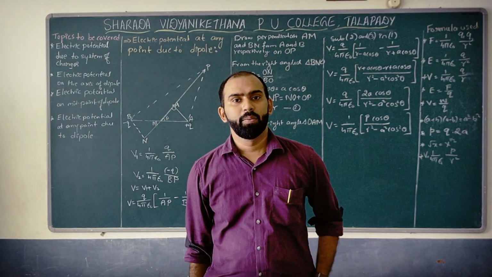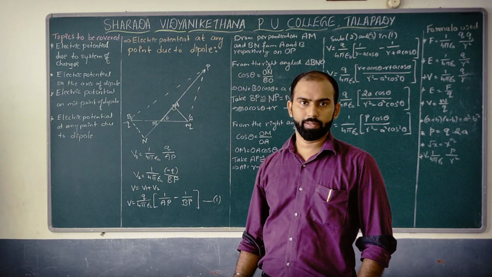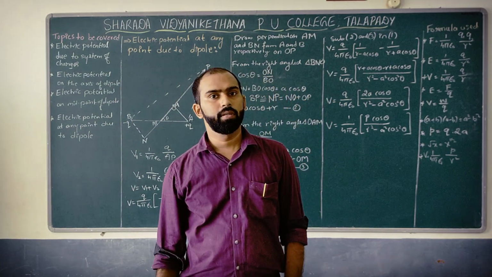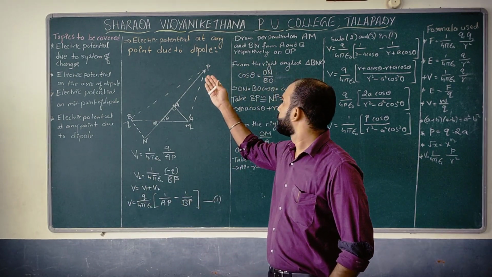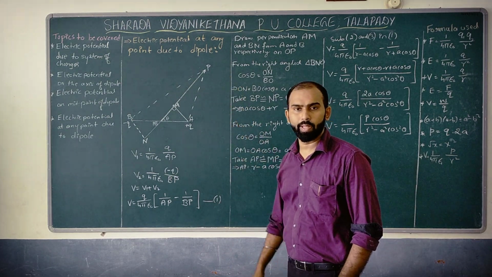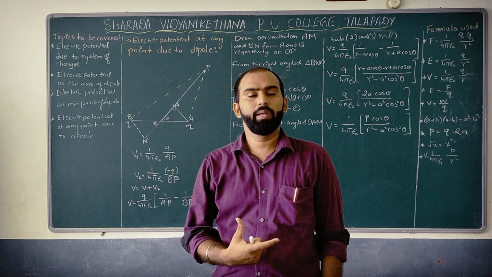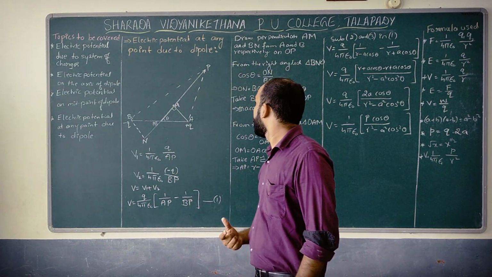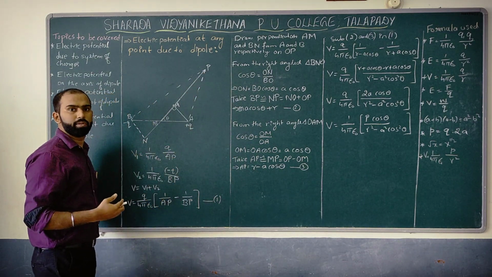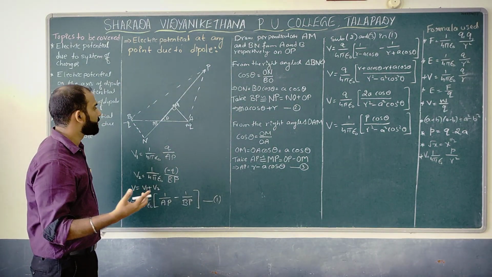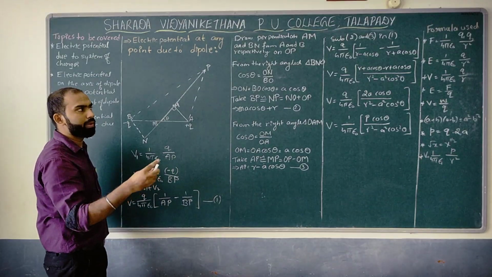Well, now we will discuss one of the most important derivations in this chapter, which is the electrostatic potential at a general point due to a dipole. A dipole is nothing but two equal and opposite charges separated by a small distance, correct? So you take a general point somewhere here. Before we move to this, we need an electric dipole, which is minus q and plus q. We have already taken it over here. Obviously, what is the length of the dipole?